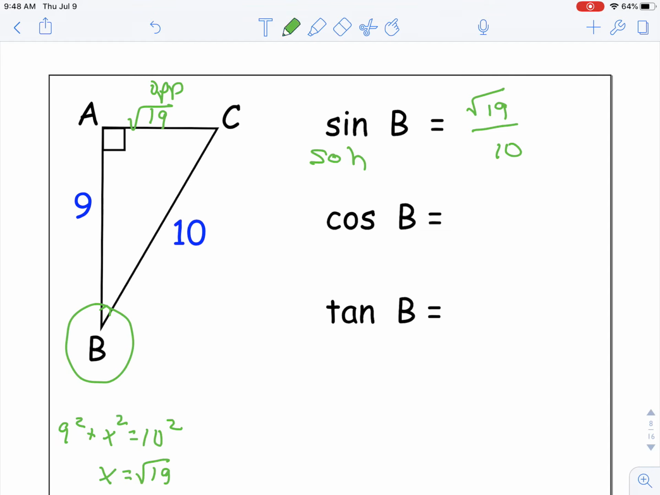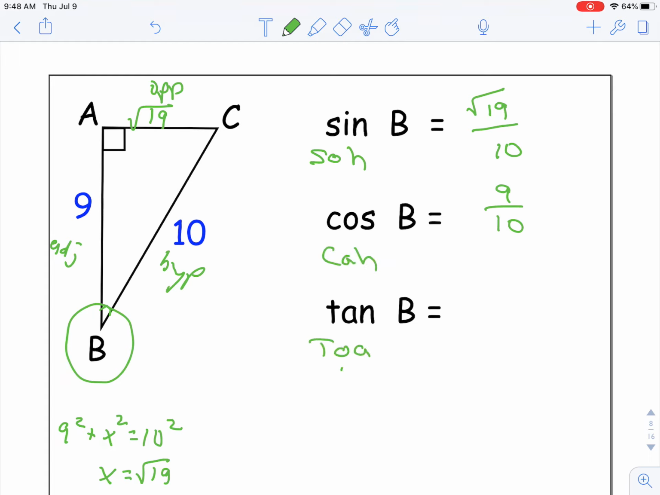My cosine ratio is the adjacent side. This is actually incorrect. Sorry about that. This is the adjacent side, and this is the hypotenuse. I wrote it correctly in my ratio, just not in my triangle. Since sometimes that is a helpful strategy, is just to identify. So now the cosine would be the adjacent side 9 over the hypotenuse, and the tangent, TOA, is, again,